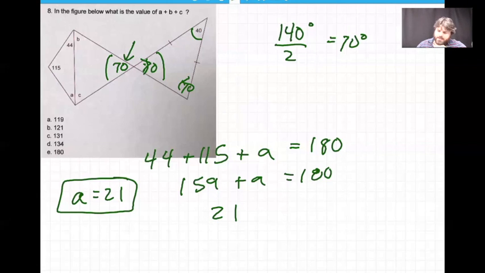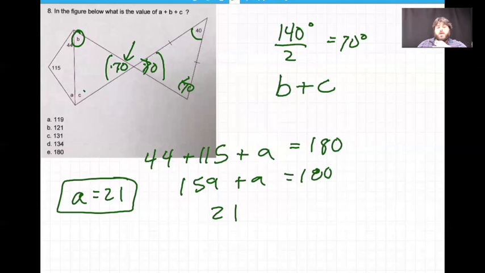Now here I'm kind of stuck. I can't necessarily find exactly what B is because I don't know what C is. I've got this triangle. I know one side, but I don't know the other two. So I can't really find B and I can't really find C. But what I can do is find the sum of B plus C,